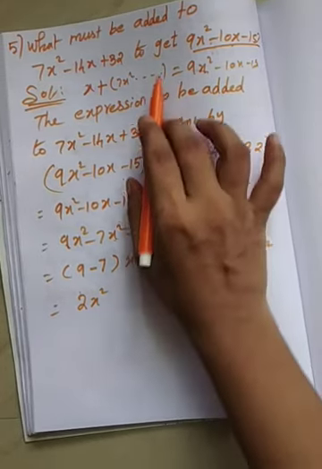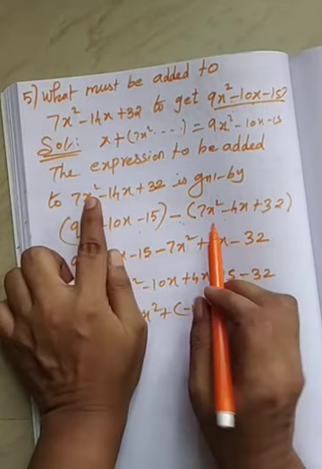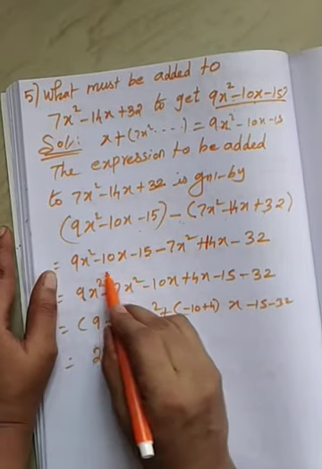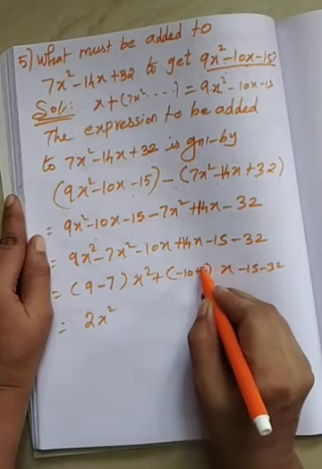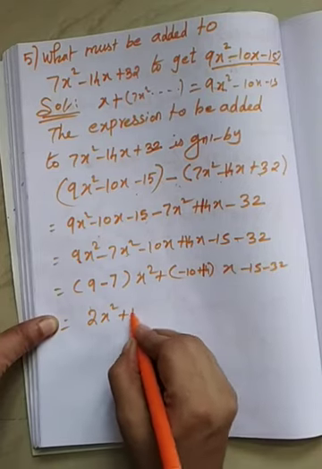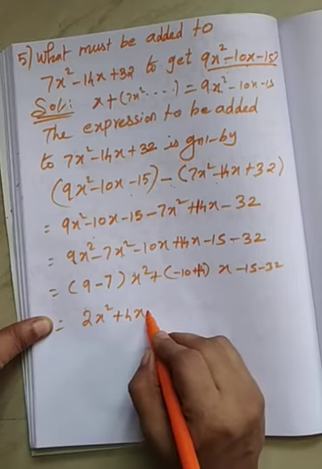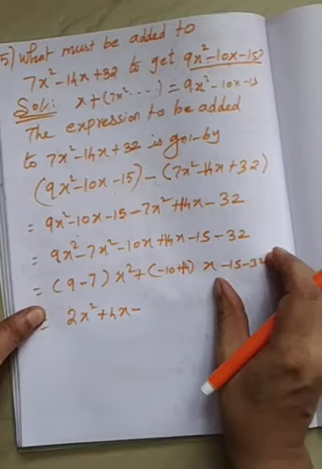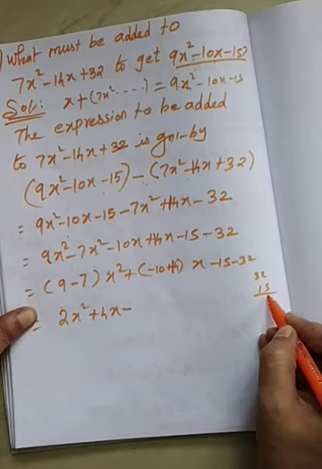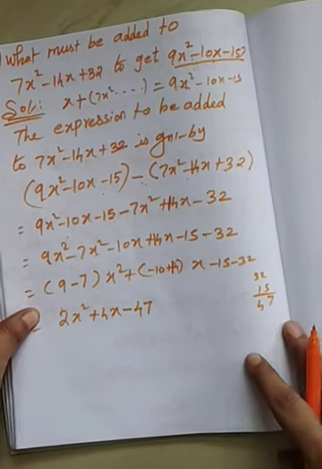Sorry, you have to put 14. Minus 10x plus 14x. See, 14. Now see, minus 10 plus 14, what is the value? 4. Plus 4, write this x. See, both values are negative, so negative means you have to put the negative sign. After that you have to add that value. What is 15 plus 32? 32 plus 15 means 47. So minus 47. Everybody clear?